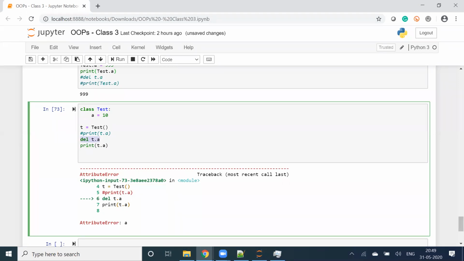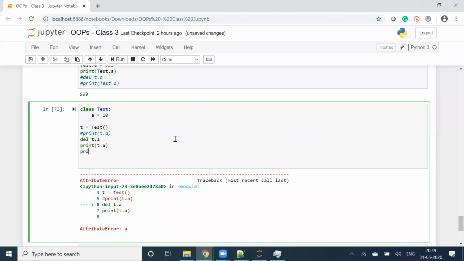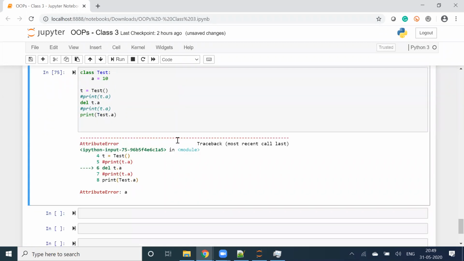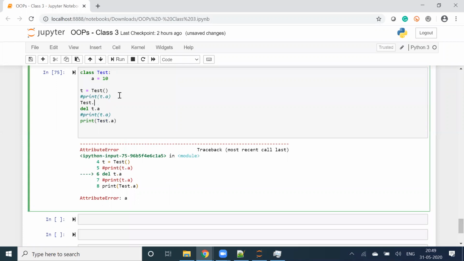Okay. But let's check that. Print test.a. Let's execute. A is not coming, right? Let me create test.a is equal to 999.